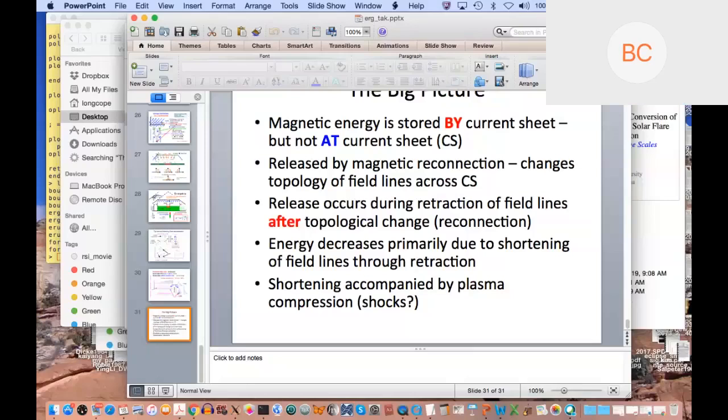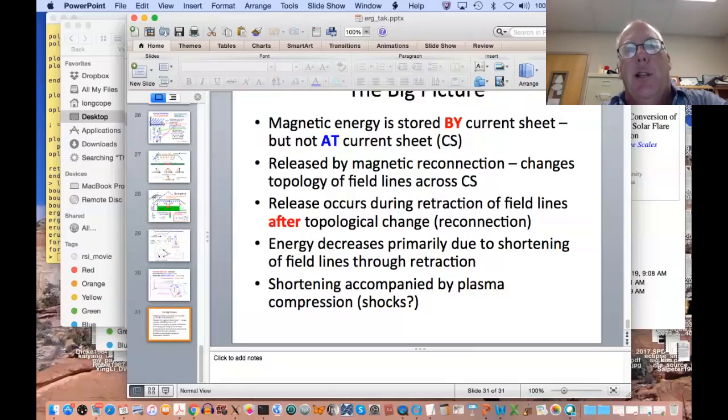That's correct. In fact, if you don't include the legs below the current sheet, in that scenario it's a rather singular scenario because the magnetic field line can shrink to a point. And that's why, in that scenario only, do you need to worry about